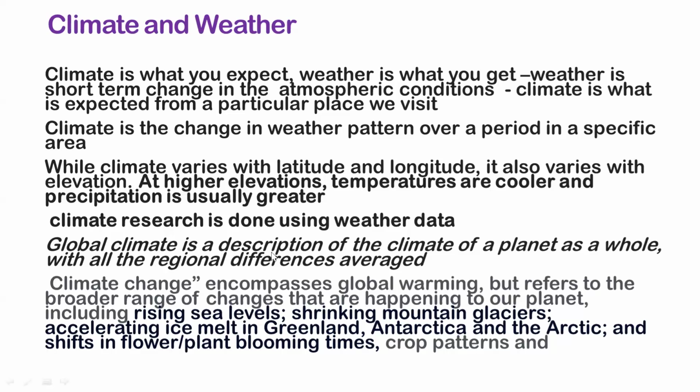Then global climate is a description of the climate of a planet as a whole, with all regional differences averaged. As I know, temperature differences can vary, but average temperature rise is measured for climate change. Climate change encompasses global warming, but refers to the broader range of changes that are happening to our planet, including